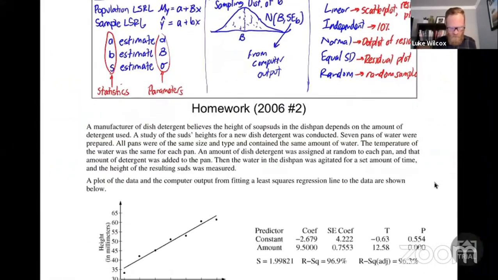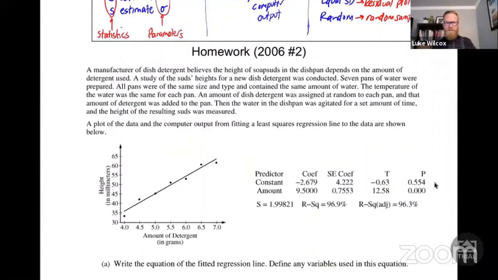All right, now your homework problem is listed there. That is the problem that Mr. Murphy is going to start with in the next lesson. What I tried to do here today is I tried to set the stage for the next 2 lessons that you're going to be learning. Tomorrow you'll be with Mr. Murphy, and he is going to talk about how to make and interpret a confidence interval for slope. And then I'll be back with you